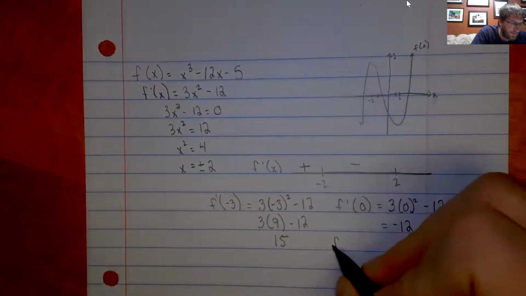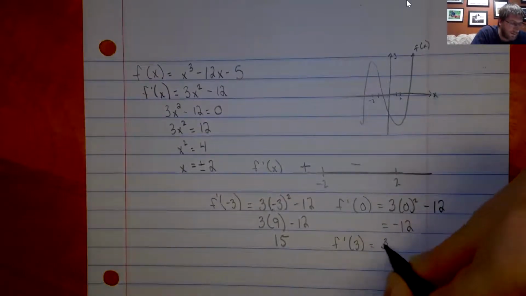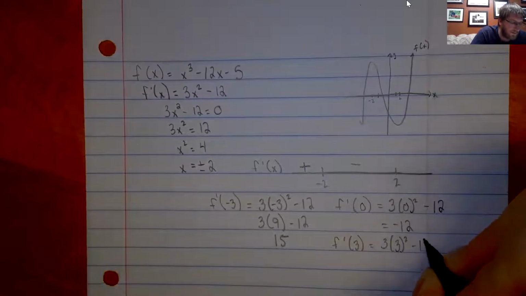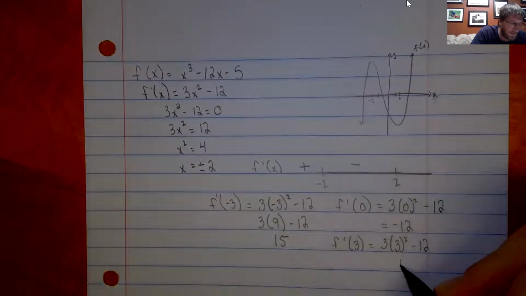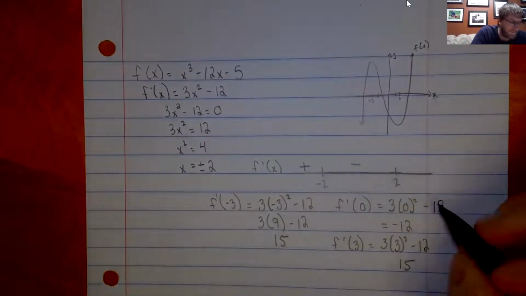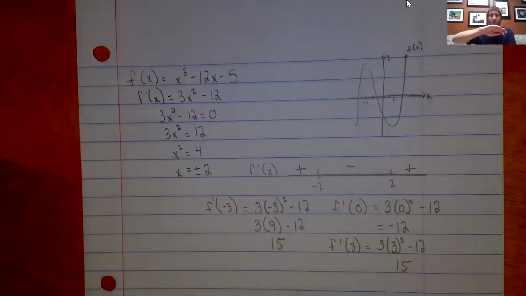And then same idea to the right of 2, I'm going to pick a 3. So I'll do 3 times 3 squared minus 12. Same as over here, because it's being squared, it's just going to work out to 15. So that's a positive. So as we talked about in the notes there, if you're going from increasing to decreasing,